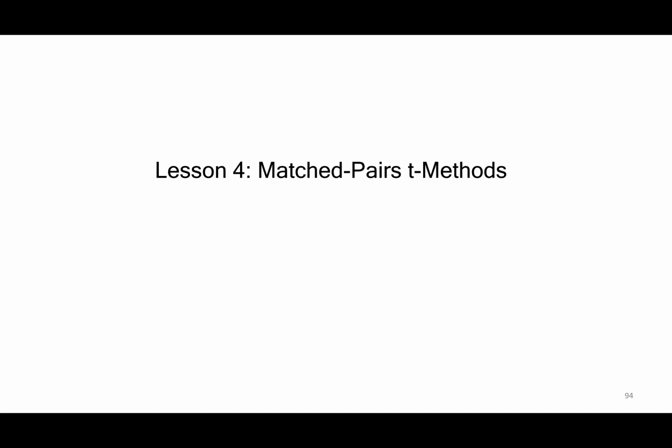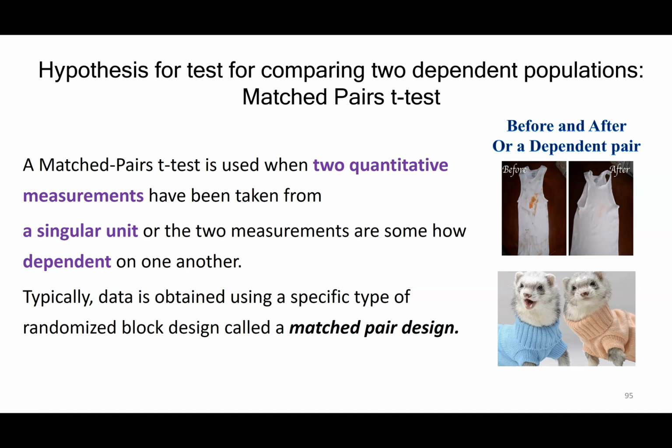Welcome to lesson 4. So we've been talking about one-sample t methods. Now we're going to talk about that special case where we are looking at matched pairs. So first off, what do we even mean by matched pairs? A matched pairs t-test is going to take two quantitative measurements from usually, or often, the same individual, or